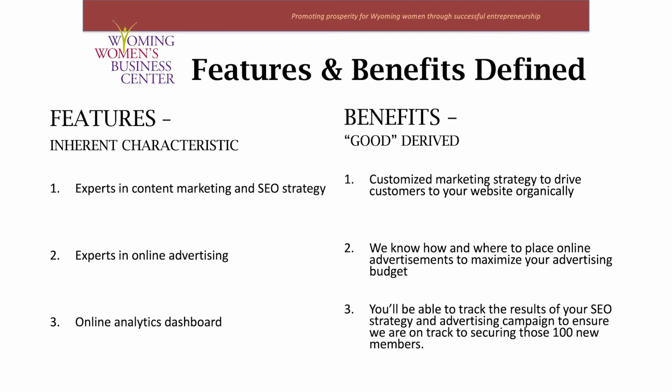We know our client needs to increase their SEO rankings and build a cohesive marketing plan. One of our features that aligns with that need is our in-house experts in content marketing and SEO strategy. So when you think about linking a benefit to that feature, I want you to think about completing the following sentence, and that is, what that means to you, Mr. Prospect, is...